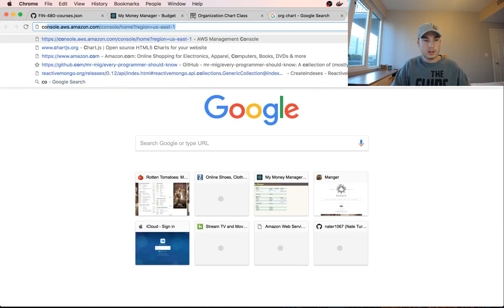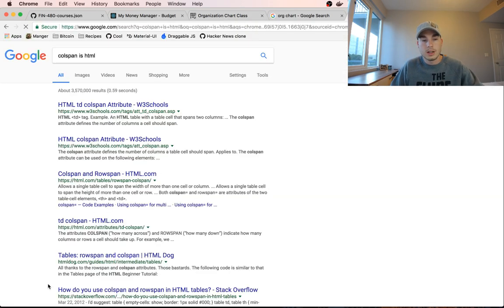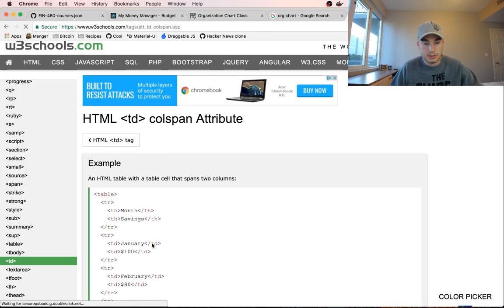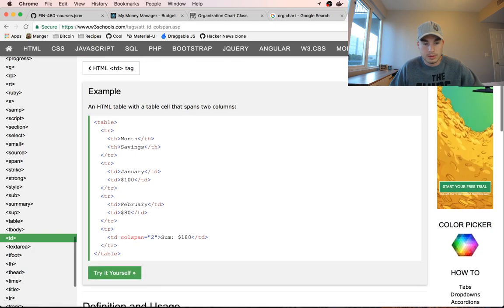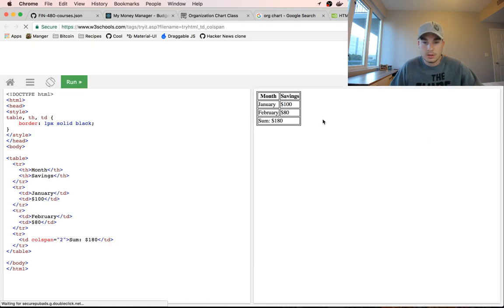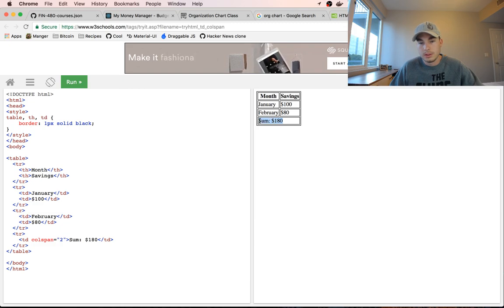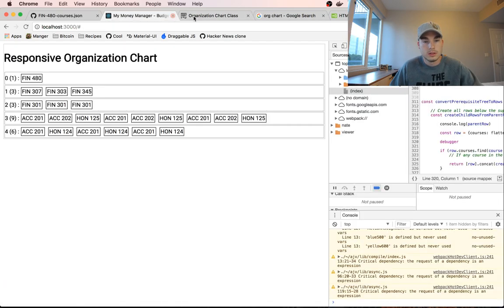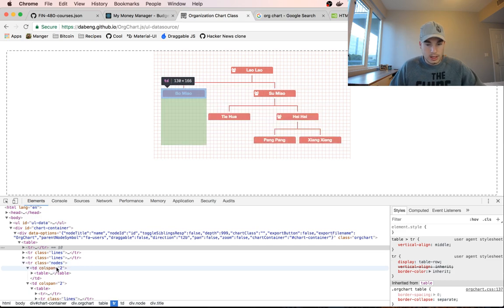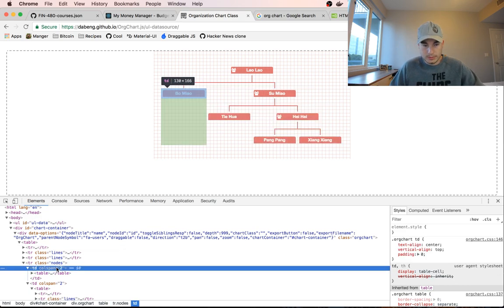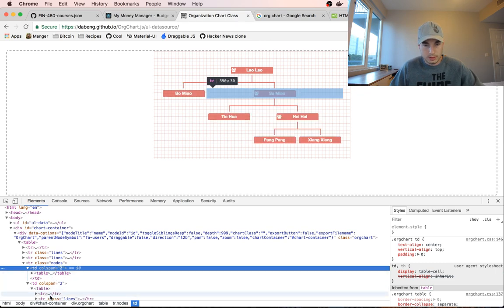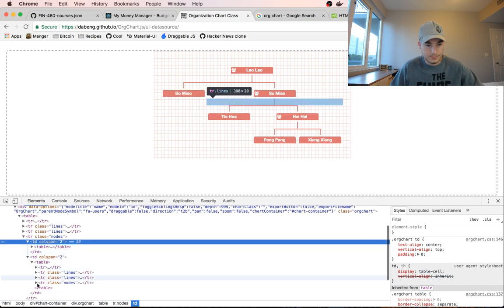I want to know what a colspan is. So I thought it was the number of TDs, the table cells, it would take up. Yeah, so colspan means each cell has a colspan of 1 by default, and then a colspan of 2 takes up 2 cells. So I don't know how this one. This is a colspan of 2. Well, this one is also. I don't know what that's all about, but